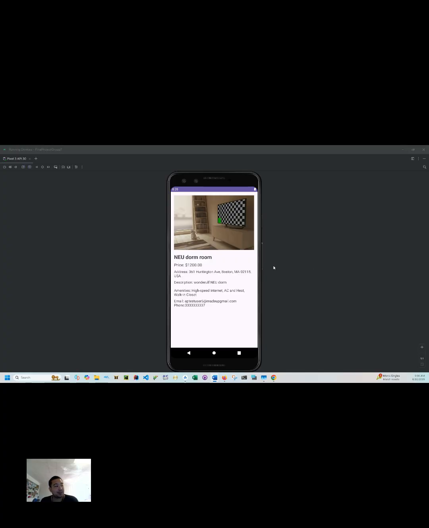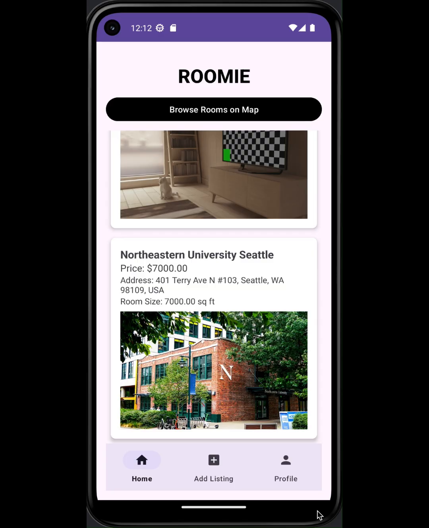So now that you've seen how to create and view listings, Abhilash will go over the integration of location data to find the listings on the map. Thank you. Thanks, Alex. Hi, I'm Abhilash Singh and I'll walk you through the map feature of our Roommate Finder